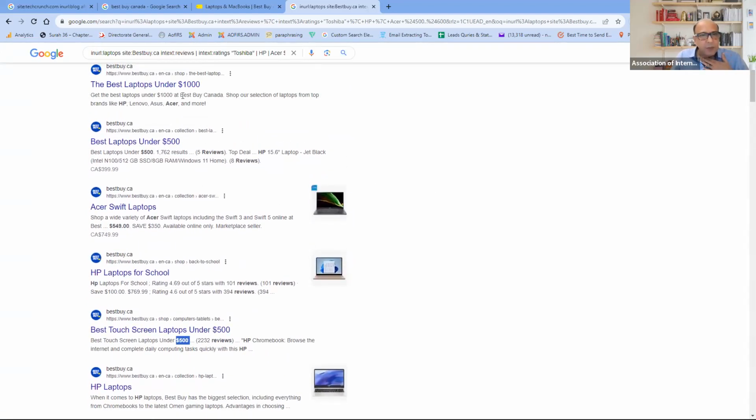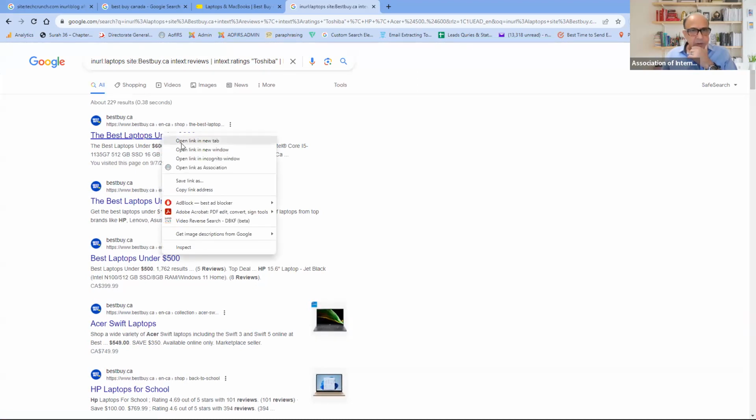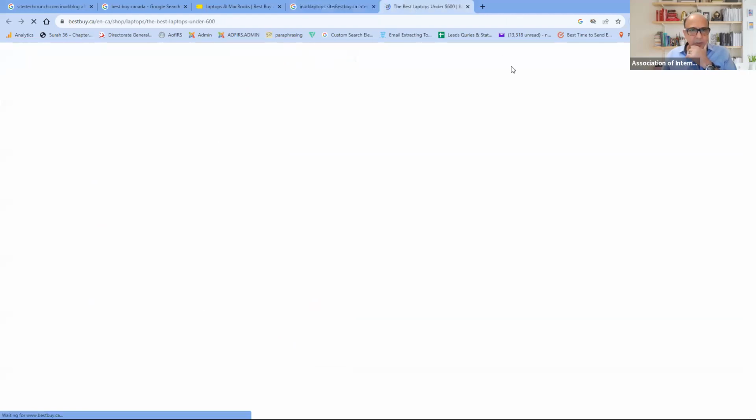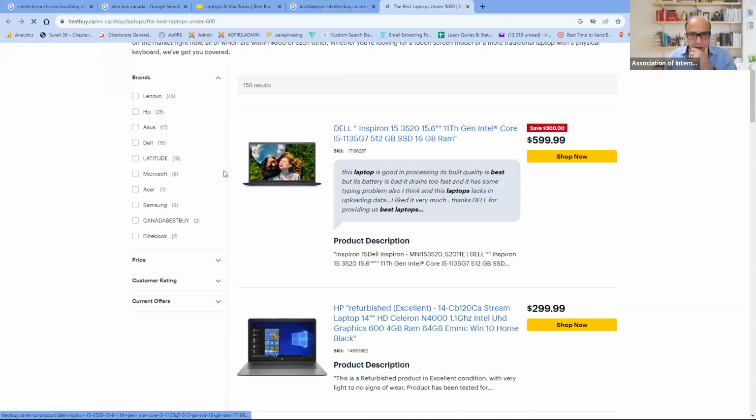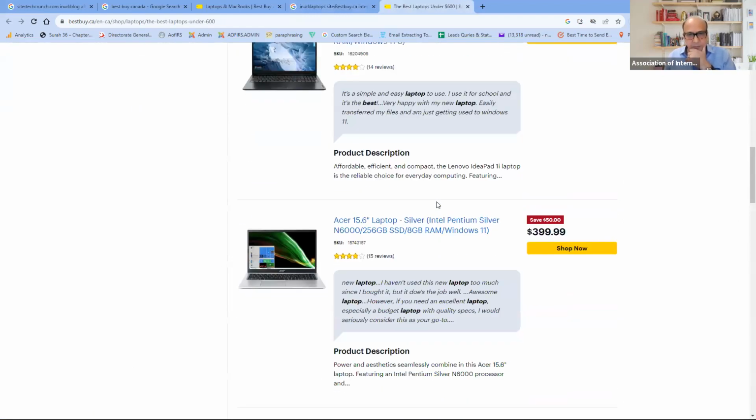500 is showing up under 600, which is the premium results, the first one. This looks about right. And in text, there is a word Toshiba. So there would be either Toshiba somewhere or HP or something like that. Let's go on the page. HP is here, Acer is here,